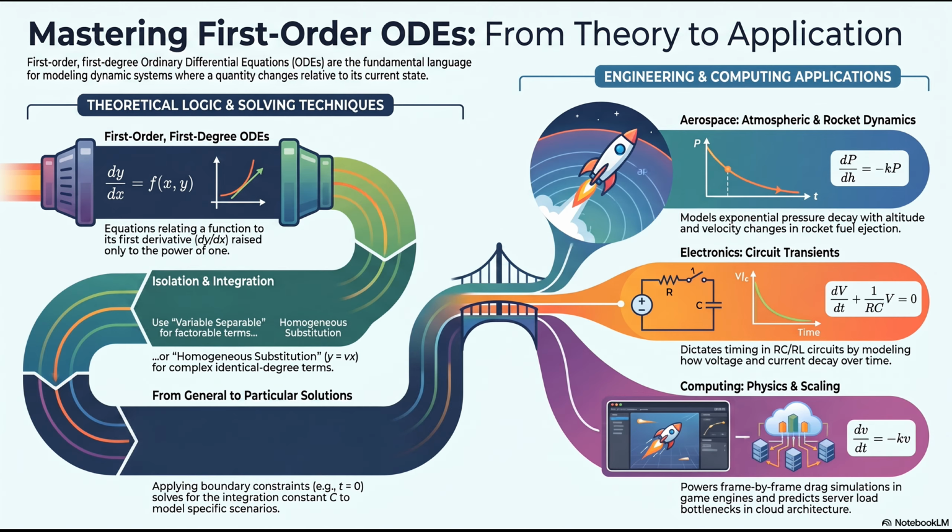That is insane. For the discharging capacitor, the solution is V of t equals V sub 0 times e to the negative t over RC. Okay, that's a lot of letters. Basically, the physical resistance and capacitance on that silicon chip act just like the size of the hole in your leaking bucket. Ah, I get it now. This single principle dictates how long a signal takes to filter through a circuit board. The universe simply does not care if it is air molecules in the stratosphere or electrons on a silicon chip. The mathematical rule of rate of change proportional to current state applies equally to both. Exactly. That is genuinely wild to think about.